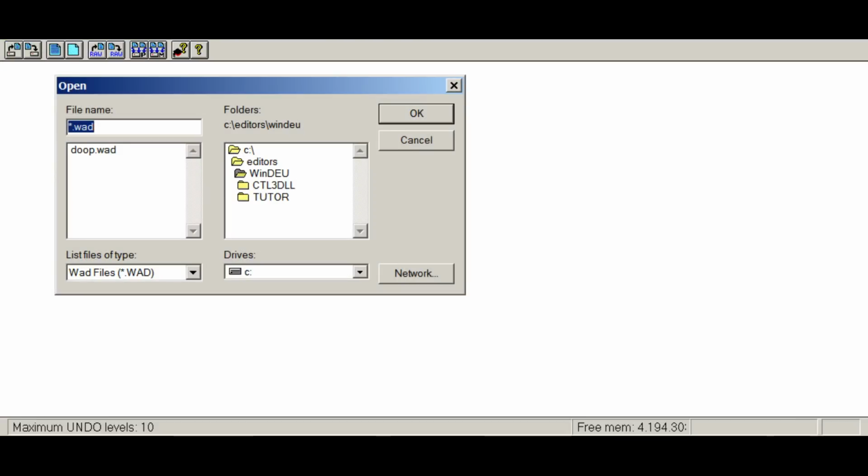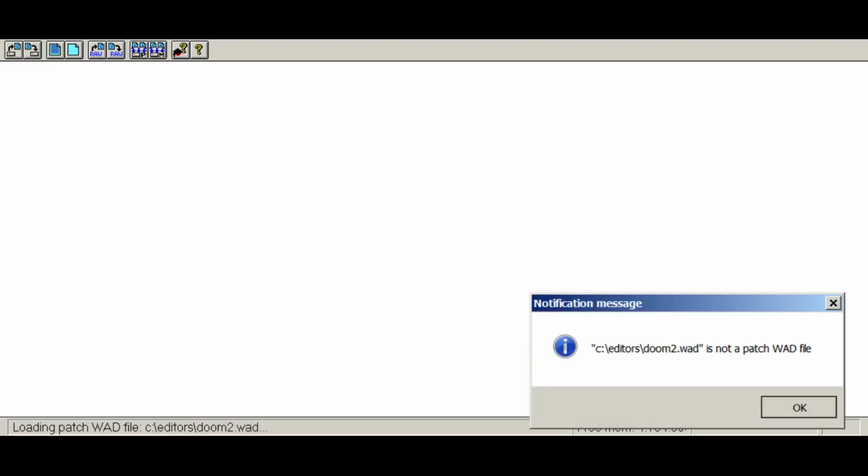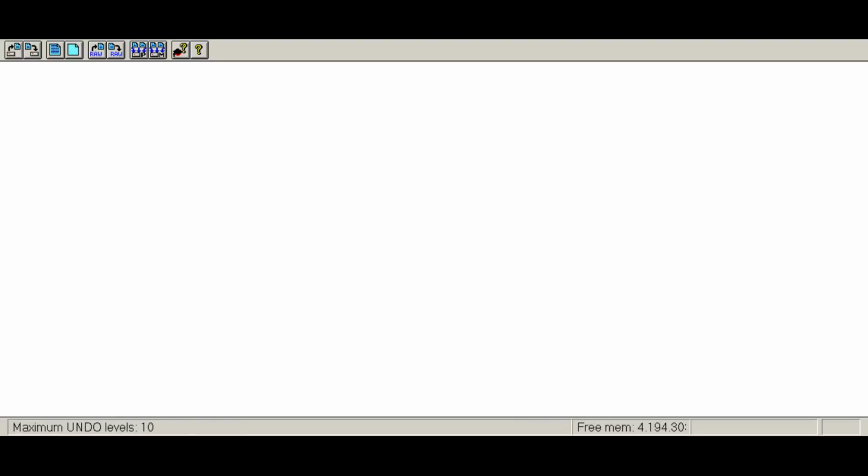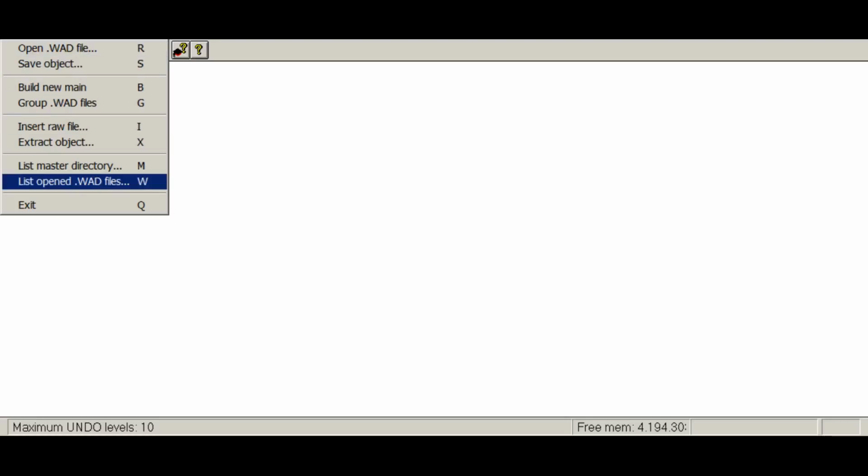You know what? This is so tough to do. I just want to see how the editor works. I'm going to go ahead and open Doom 2. Oh, it doesn't let you open IWADs. Well, I suppose that's good. I would have been screwed as a little kid because I was messing around with IWADs and WAD